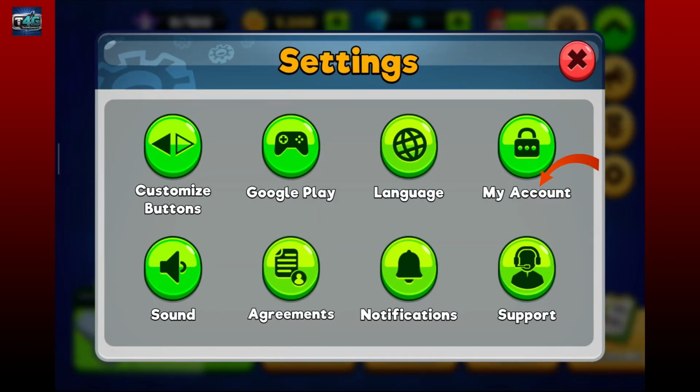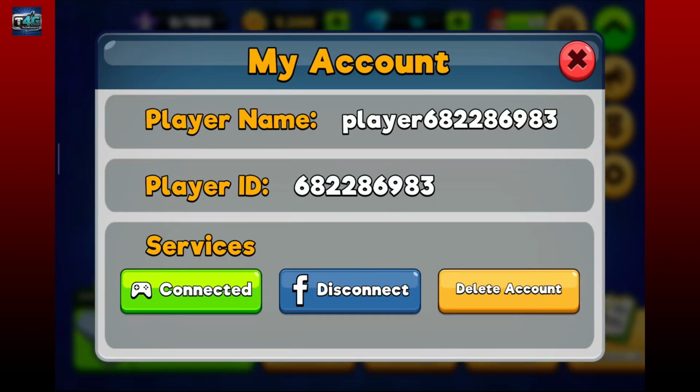Now, select My Account. You'll then be able to see your player's name, player ID, and services that you are connected to on the page. Your player ID will be displayed over here. It is a long string of numbers, which is usually 9 digits long. Write down your player ID on a piece of paper or somewhere safe, or you can also take a